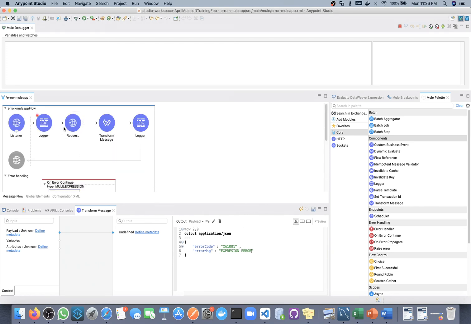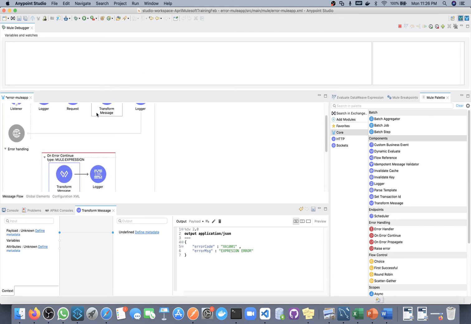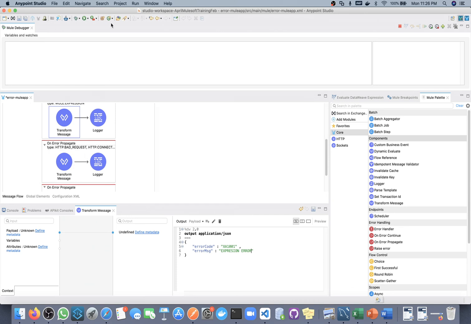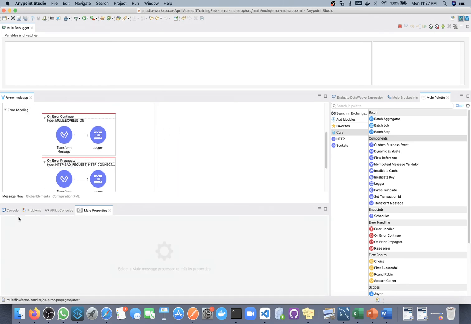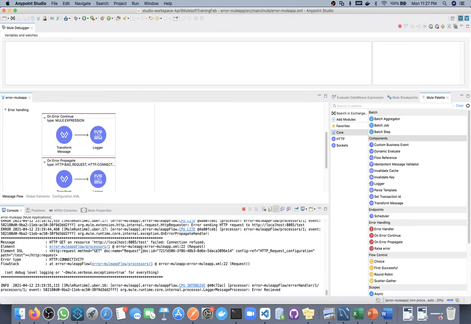They will come to know, oh, there is some expression error in this mule application. If we are calling an external API and that API is not available, in that case we have an agreement: if we are calling an external system and that system is down or something is wrong, we will send this error code 1003 and this HTTP error. So when they call our API, they will receive this error and come to know that the external system is down or there is some problem with it. Okay, so now what I will do, let me save this, let it deploy, then we'll test HTTP connectivity this time.